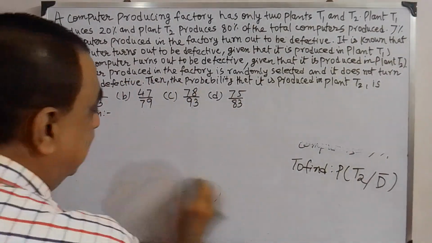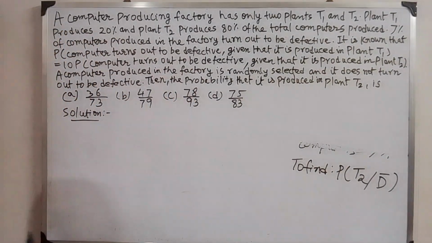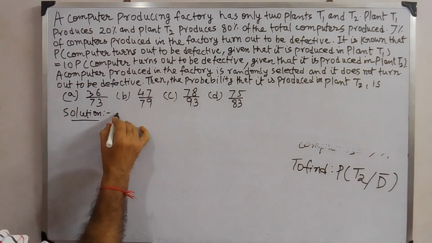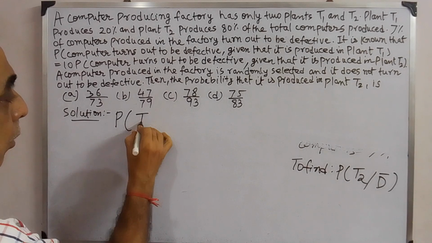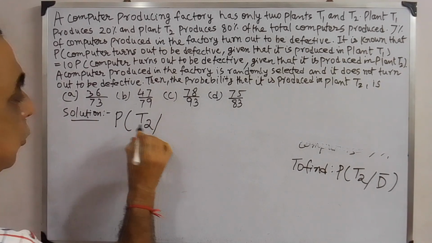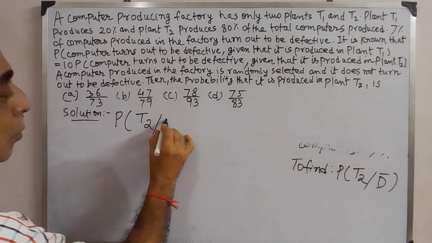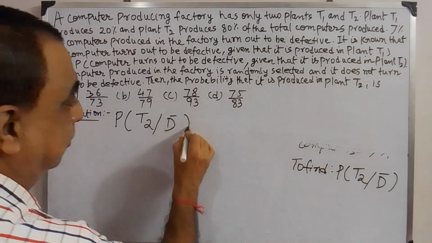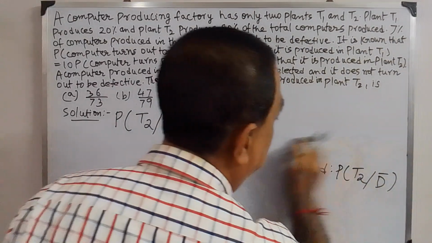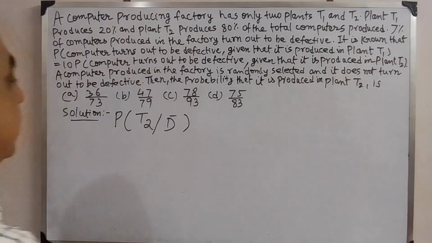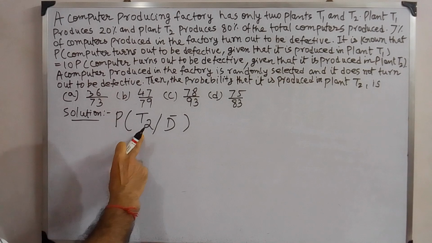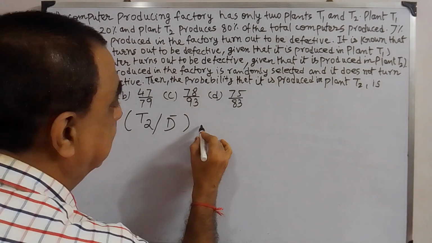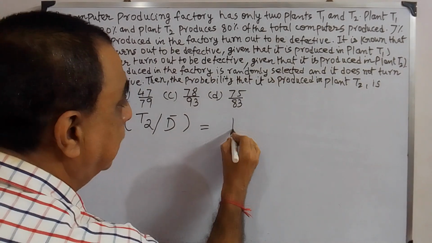Okay, the sum. Now we have to find the probability of the computer produced by the plant T2, provided that it is non-defective. So what is the formula for this? The formula for the probability of the computer produced in T2, provided that it is non-defective, is